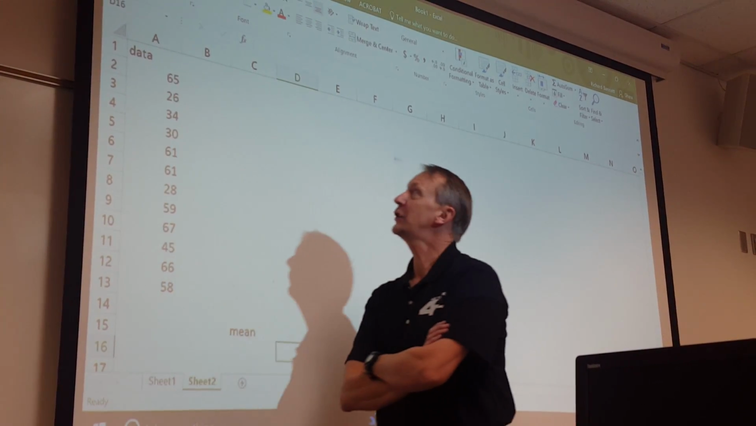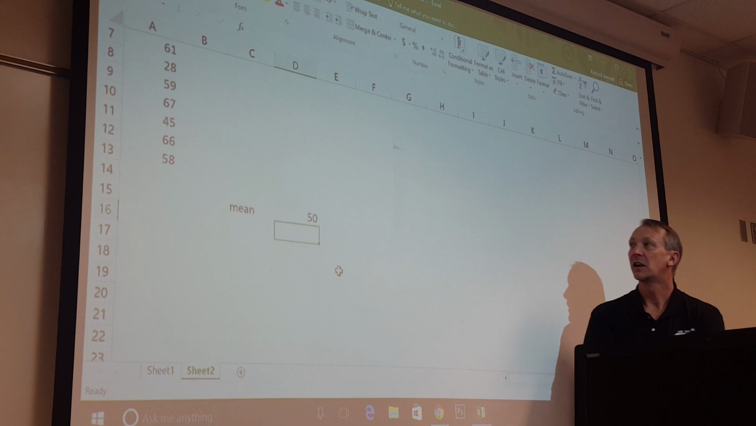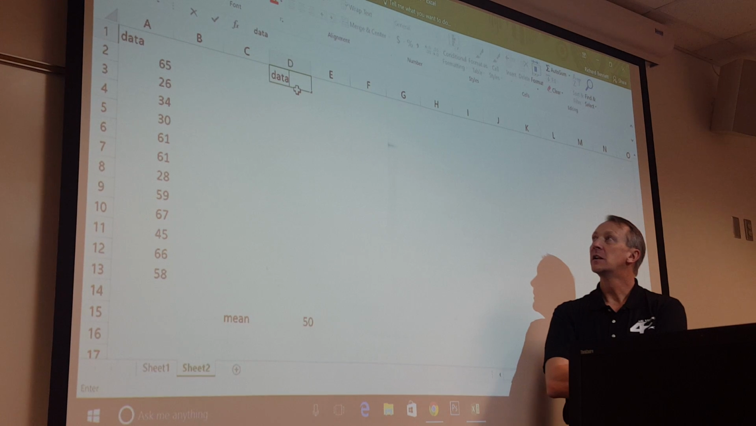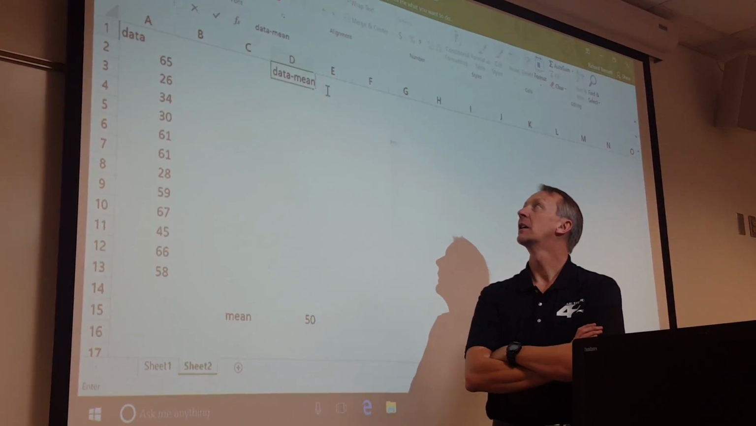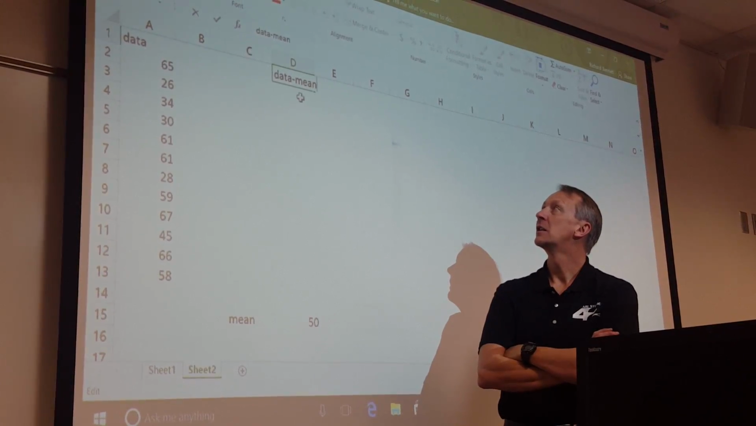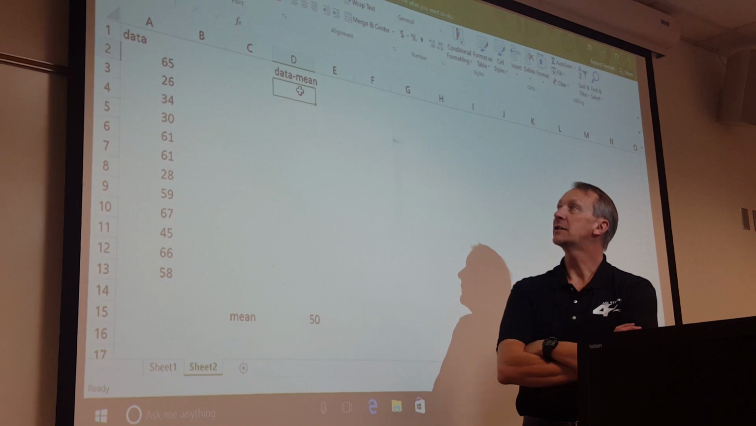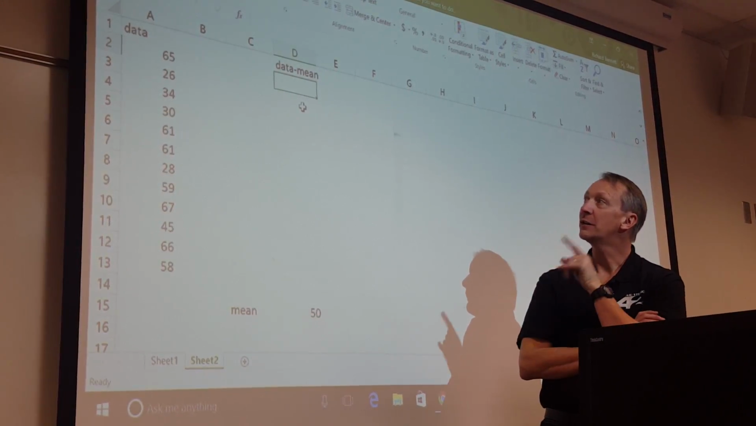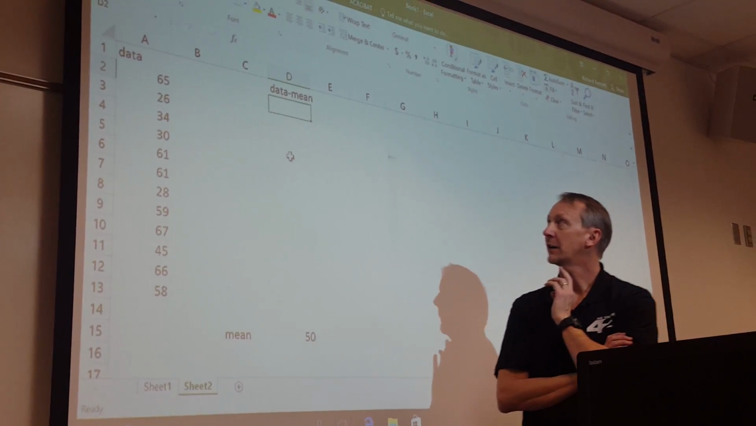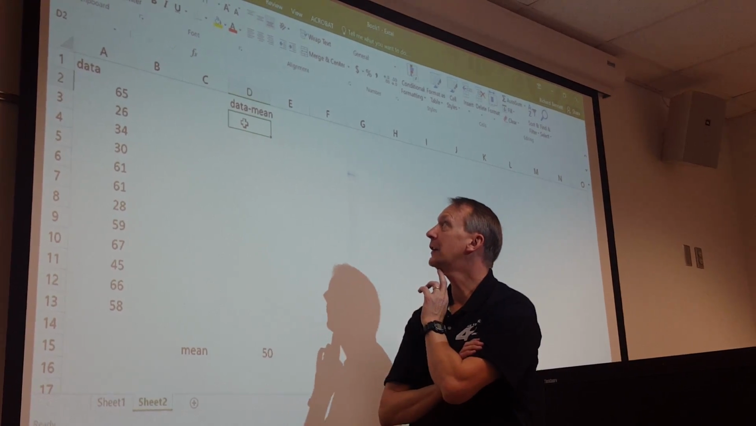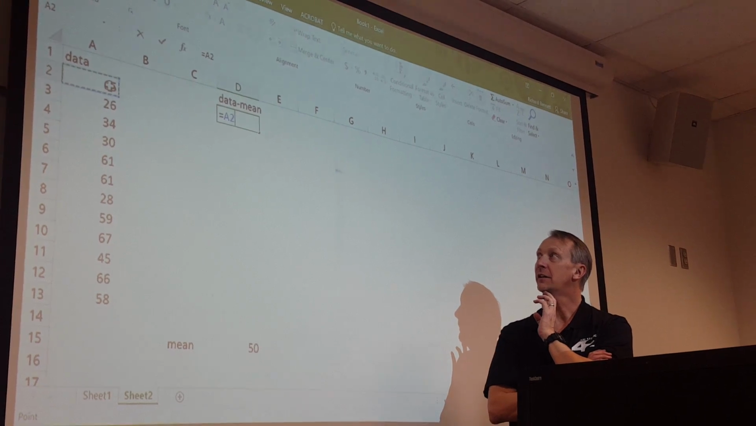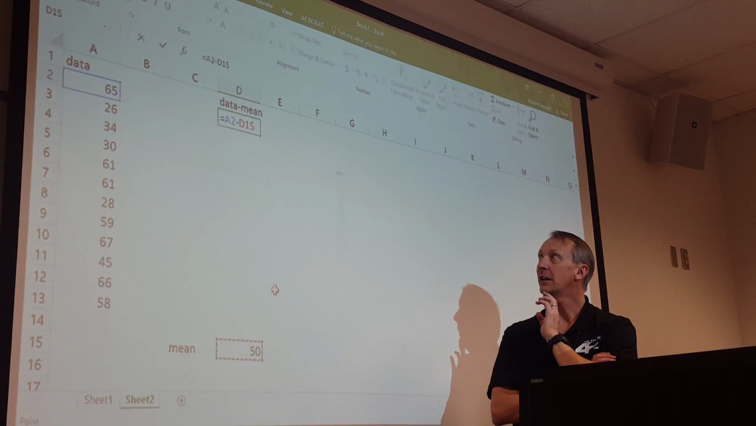Step number 2 says find the data minus the mean, so create a column that says data minus the mean up at the top. Let's go down one. Now we need to do the data minus the mean. The first one is going to be 65 minus 50. Don't type in 65 minus 50, use the formulas. Equals, click, very good, minus, click. Now before you press enter,